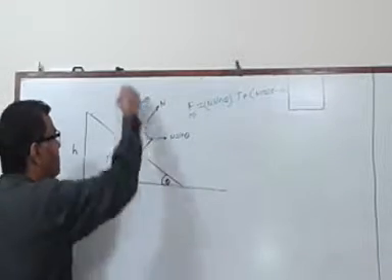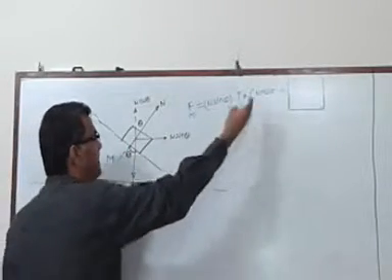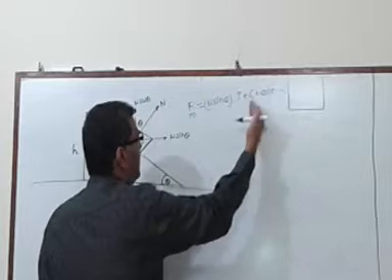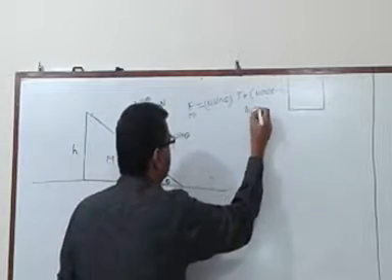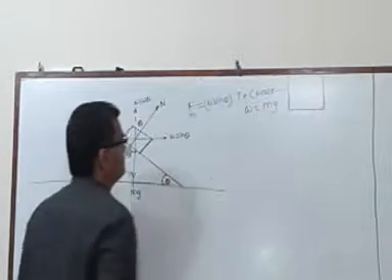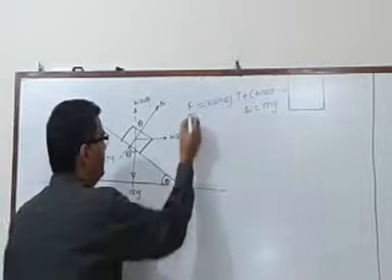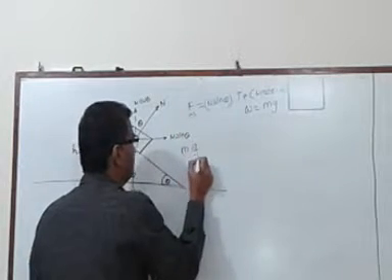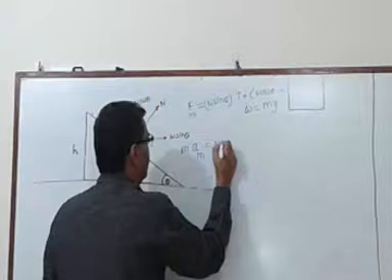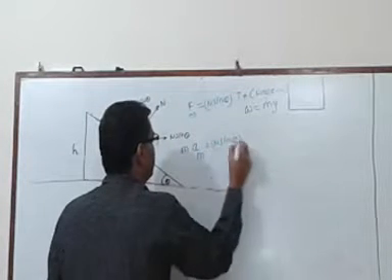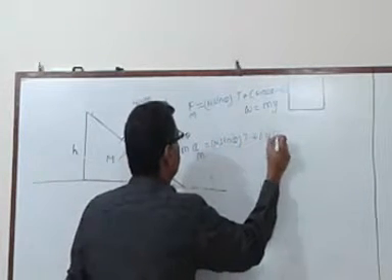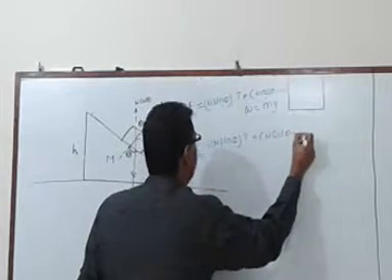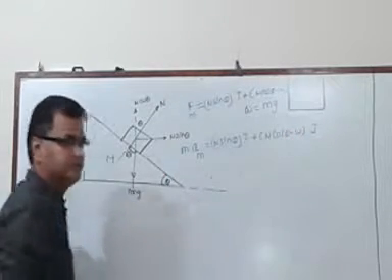If we consider the downward component of the acceleration, it will be the opposite: W minus N cos theta. Here W is nothing but mg. So let me write the force F as mass into acceleration of m, and that is given by N sin theta i bar plus (N cos theta minus W) j bar.